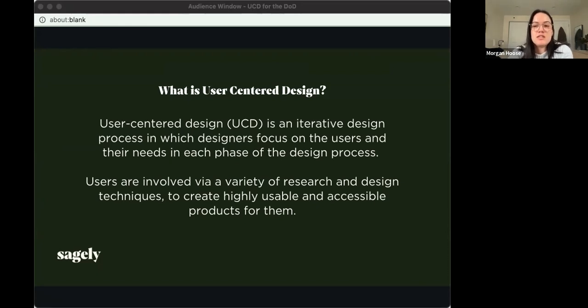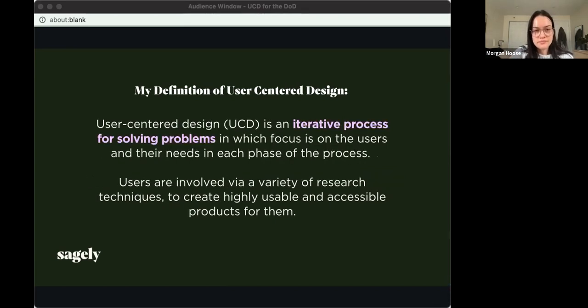So UCD is not a technique that's exclusive to designers, although this definition does say design 5 times. But anyone can and should use UCD as an approach to their problems. So this definition is not inaccurate by any means, but I want to challenge the narrowness of it because I believe UCD can be applied to any problem, task, or output, like anything that has an end user that's affected by the decision. So let's reimagine this in a bit of a broader sense, taking designers kind of out of